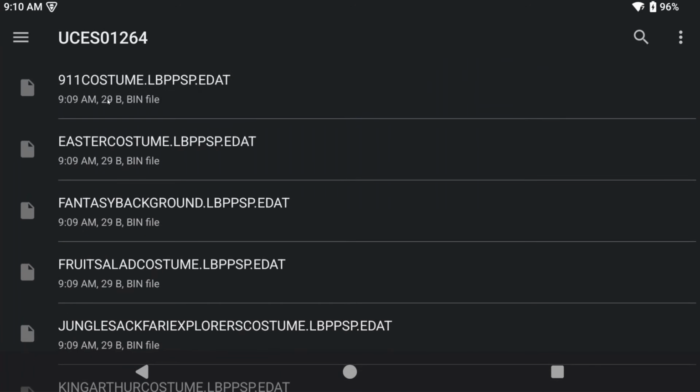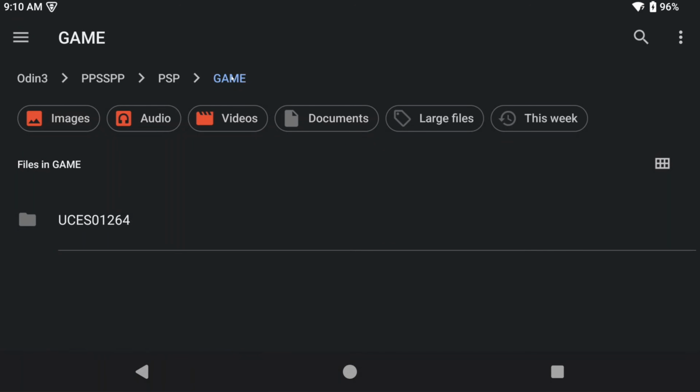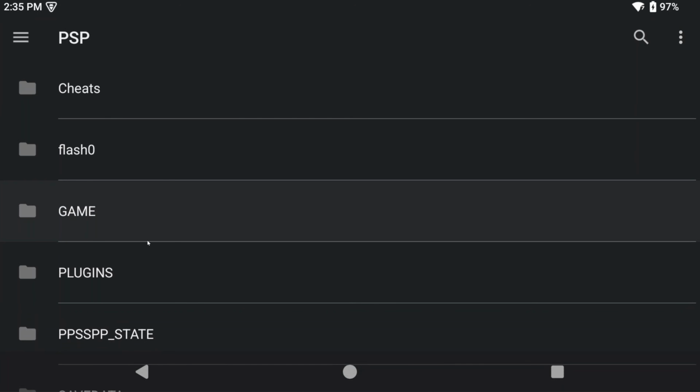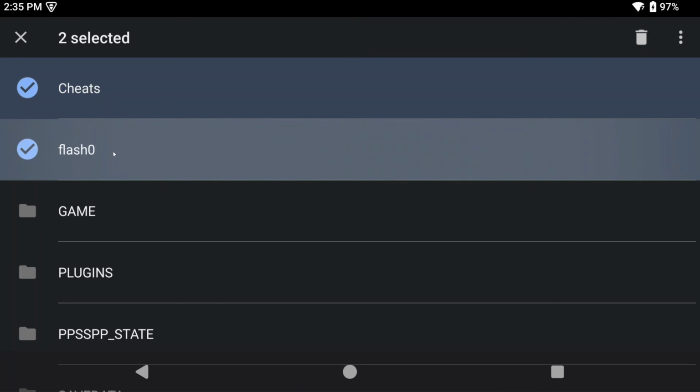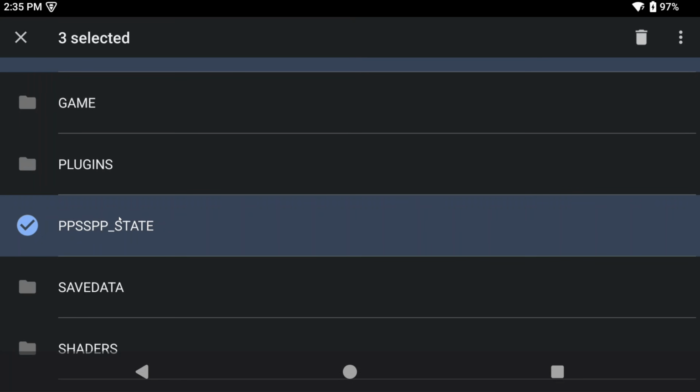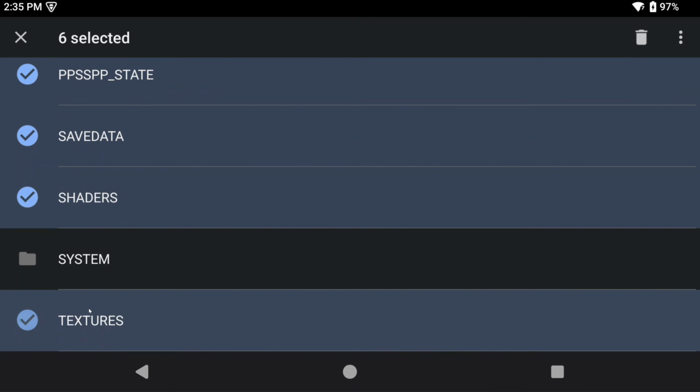Now, if you have multiple DLCs for the same game, they will all have the same folder name of the game's title ID. So just merge them. Load up your game and play your DLC. And the very last thing for today is Syncthing. For those of you that use Syncthing, the cheats, Flash 0, PPSSPP_state, save data, shaders, and textures folder can all